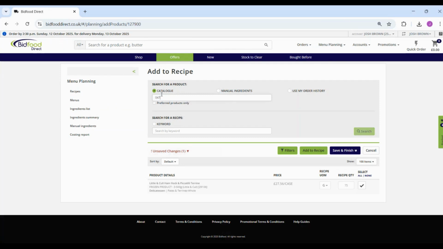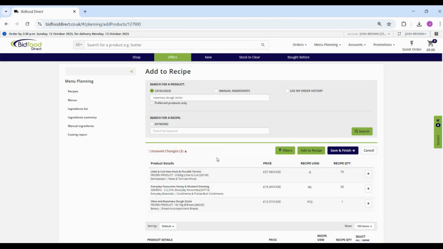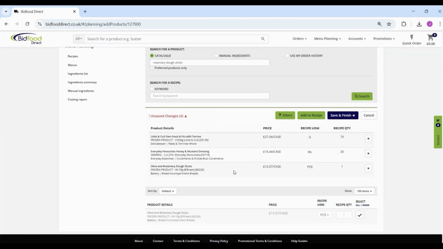So if we just add a couple more ingredients. As we say, this one is a liquid, so the recipe unit of measure is mil. So again, I enter my quantity, tick the select box, click add to recipe, and we'll do one more where you can search by keyword. And then this is a product that can be counted as a piece. So 1 piece, tick the select box, add to recipe. So those 3 ingredients that I've selected are now in unsaved, and when I'm ready to go, I hit save